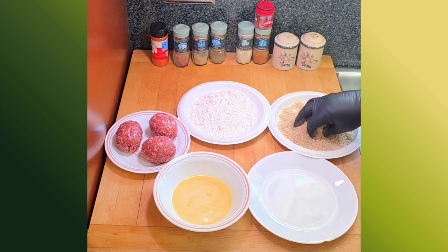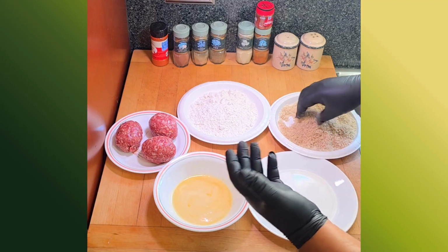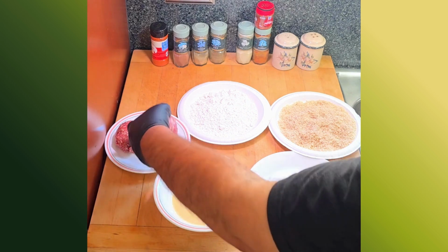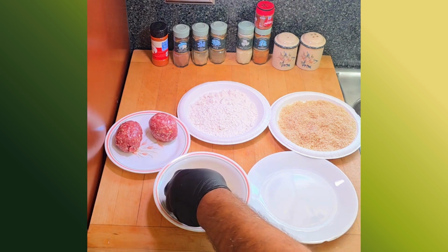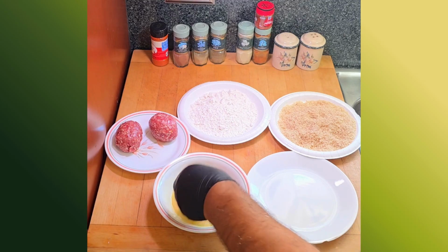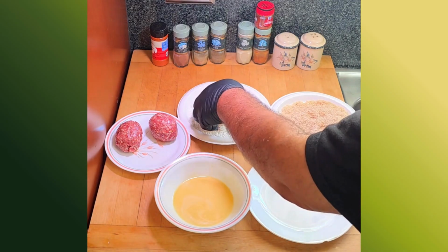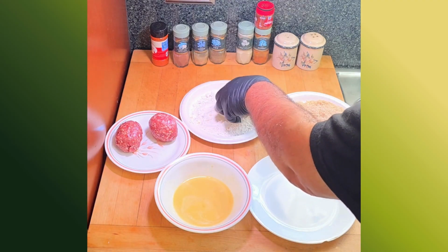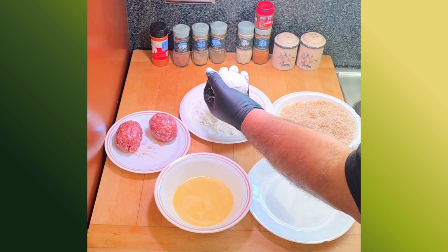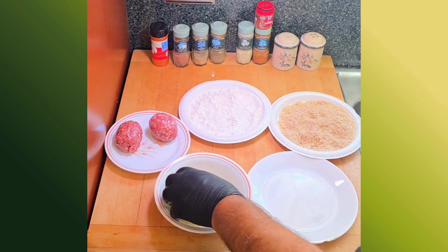So the process here is we're going to have what I would call a dirty hand and a clean hand. We're going to do our best to keep one hand dry. So we take the Scotch egg, roll it around in the egg wash, get it covered. We'll put that in the flour, roll it around, look for any wet spots, roll it in the egg again,